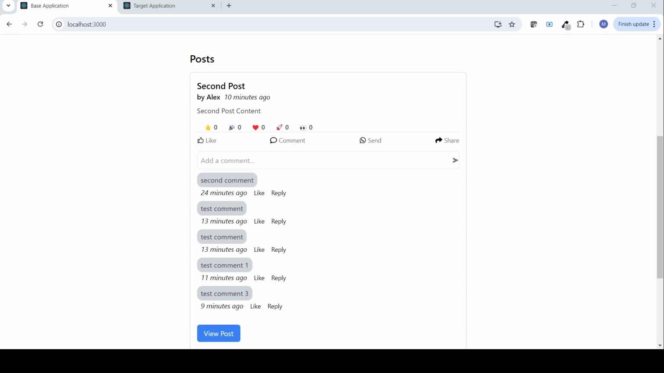For that, what we have to do is, let's go to post actions component, and then add functionality to add a reply as well as to display existing replies. For that, let's go to VS Code, and then